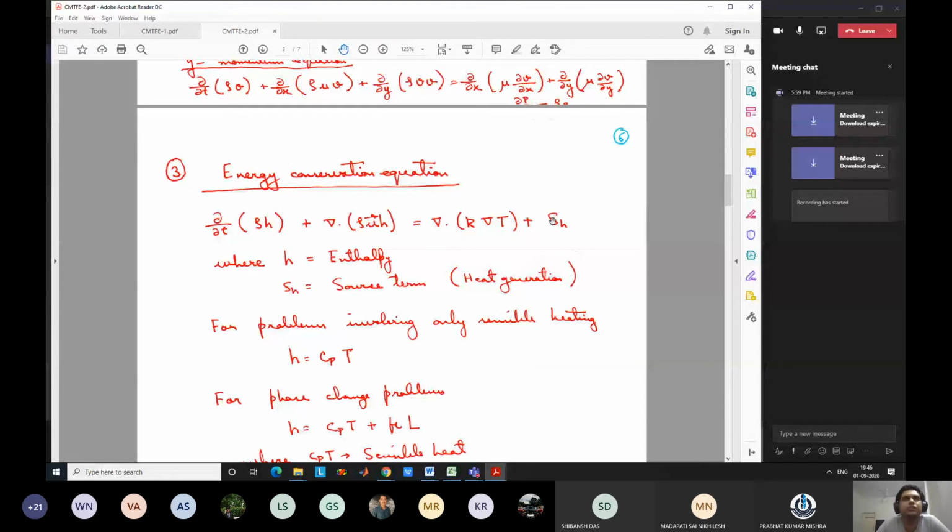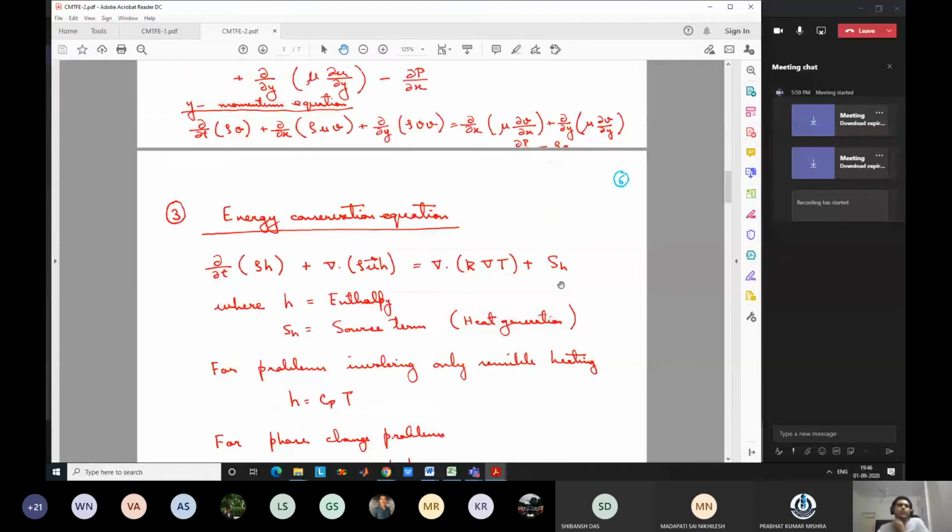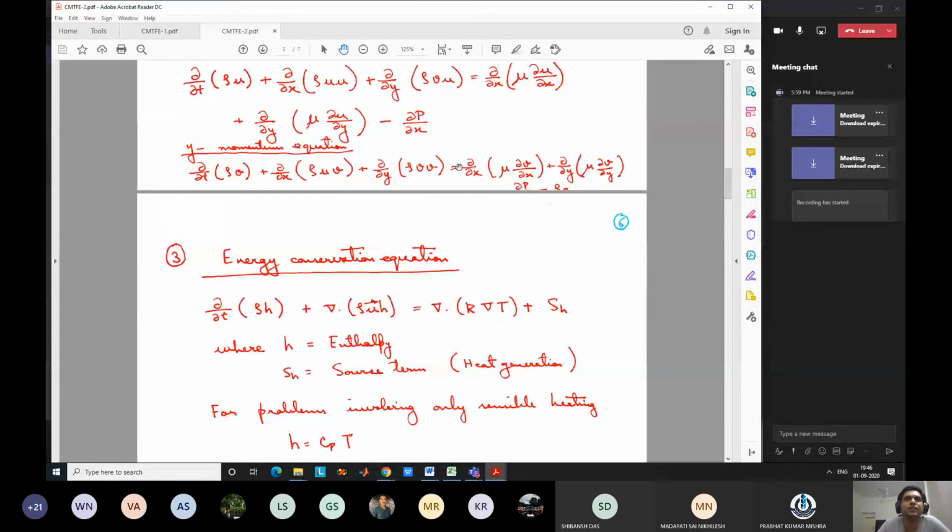This is almost similar in form to the momentum equation except for the gradient of pressure term. There is no equivalent term in the energy equation similar to the pressure gradient. That is unique to the momentum equation, and as those who have done CFD courses with me already know, and others will learn later, this actually causes huge problems while solving the momentum equation because there is no separate equation for this, and you need to configure the continuity equation somehow to cater to this term. Those things we will discuss towards the end of the course.